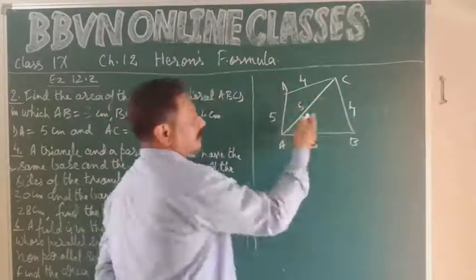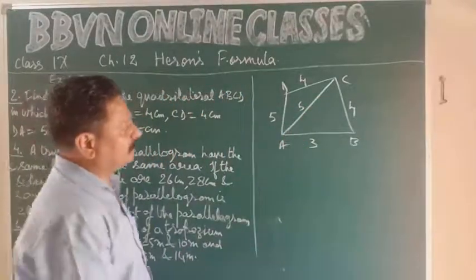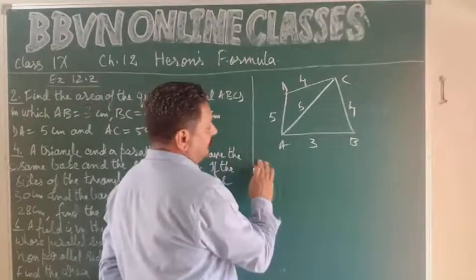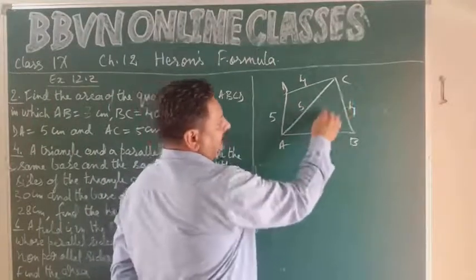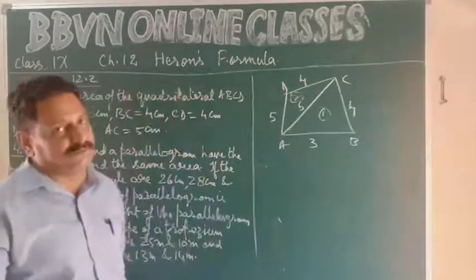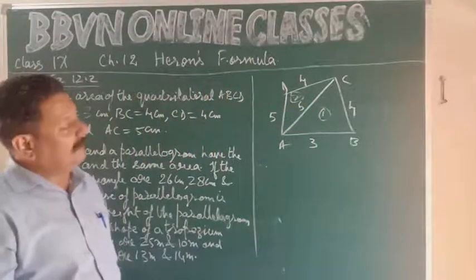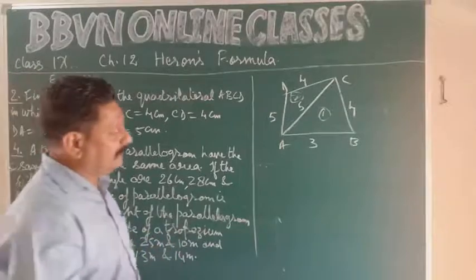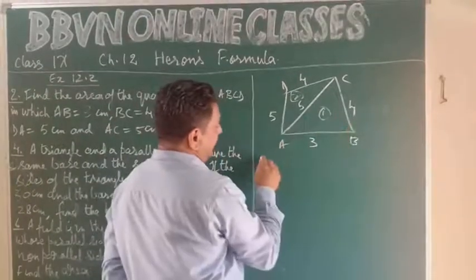So here are the dimensions. So the area of this quadrilateral is simple. Area of triangle ABC, triangle number 1, plus this triangle number 2. We'll find the area of these two triangles, right? And we'll add those areas. It will give us the area of the quadrilateral. So in triangle ABC,